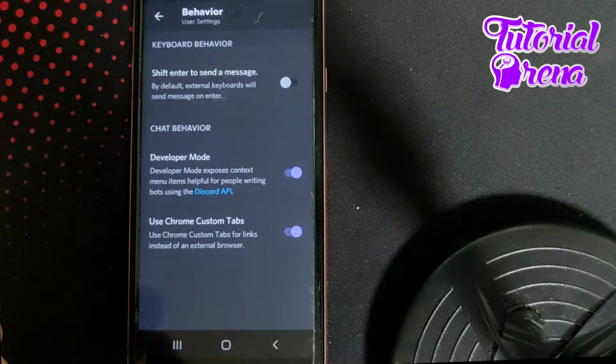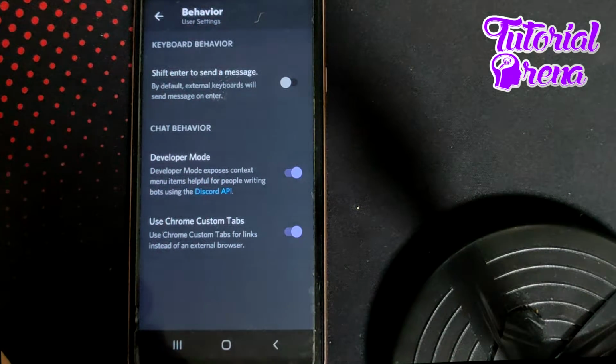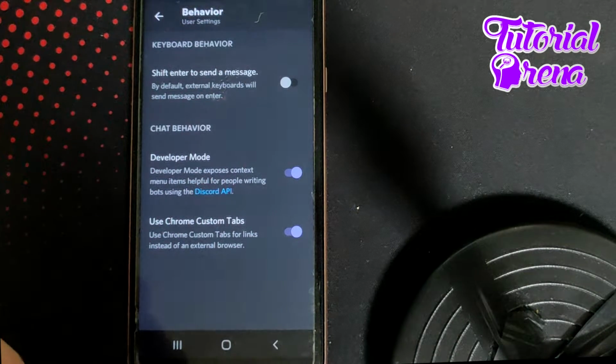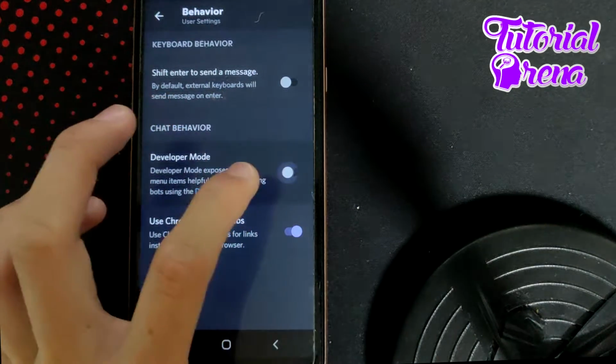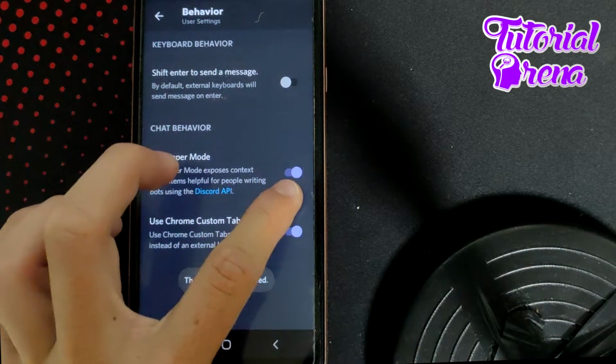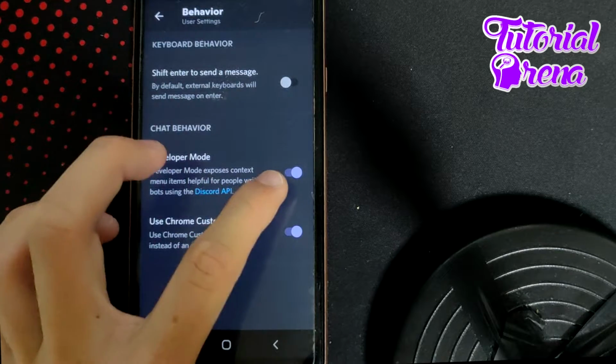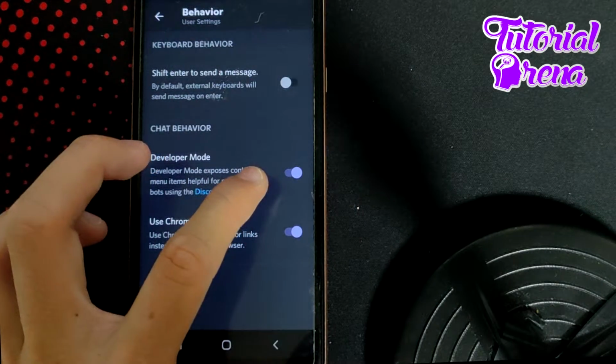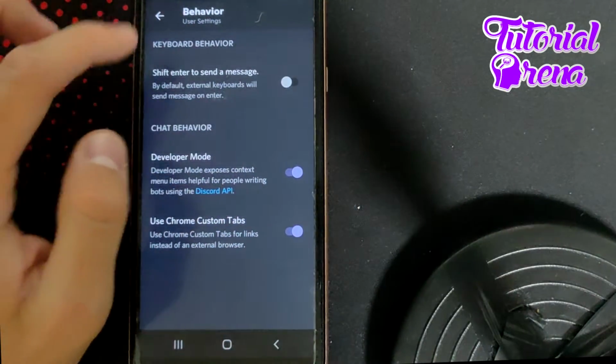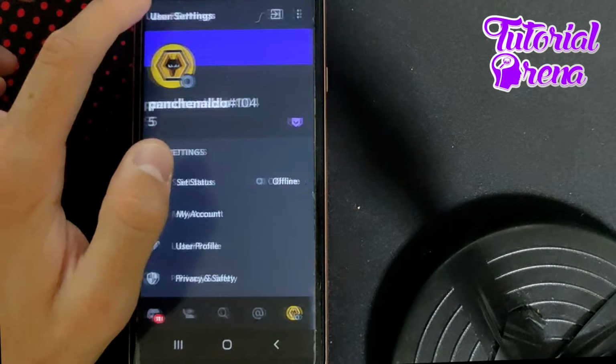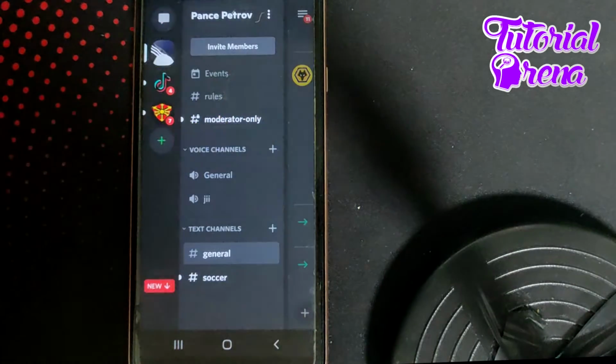Just click on that selection, and what you're going to do right here is simply make sure that developer mode is turned on. If it's not, you need to turn it on, because this is the most important thing in this section. After you get developer mode on, you need to go back, and then you're going to go, for example,